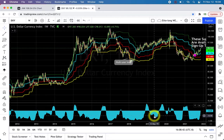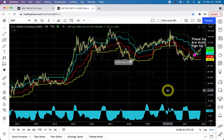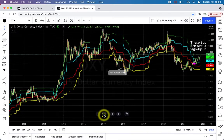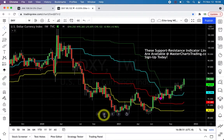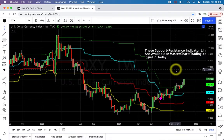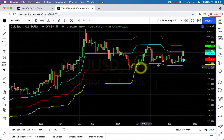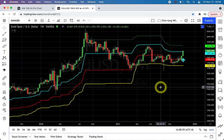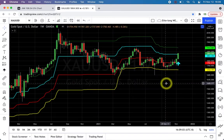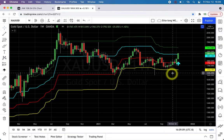It's absolutely normal correlation. So right this instant, what we're seeing is both gold and dollar moving higher. So gold, this is dollar, it's moving higher. Gold, XAU USD, is also moving higher. Not a normal correlation. Usually it's the other way around. Usually as gold moves higher, dollar moves lower. But we're seeing now both gold and dollar move higher. So